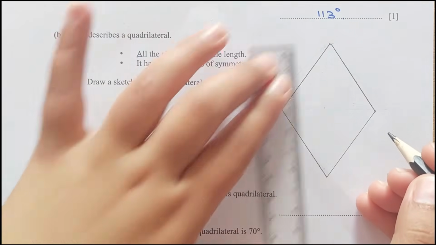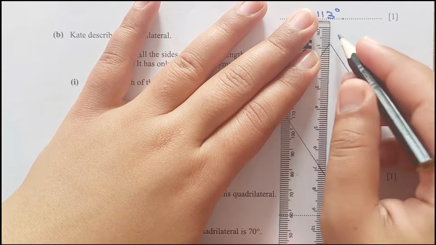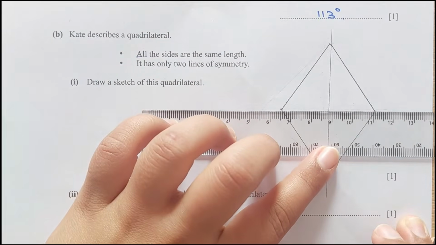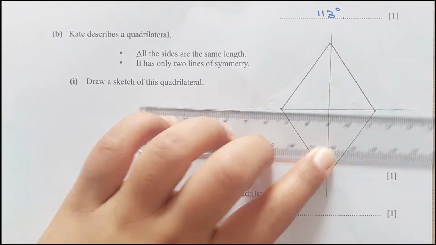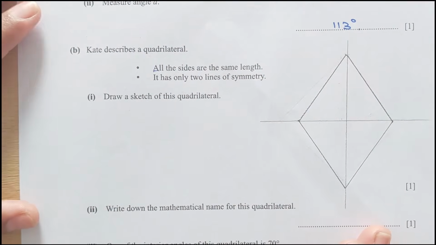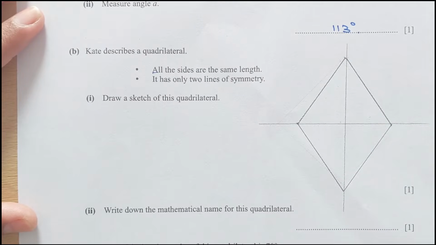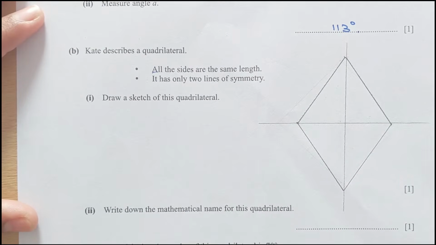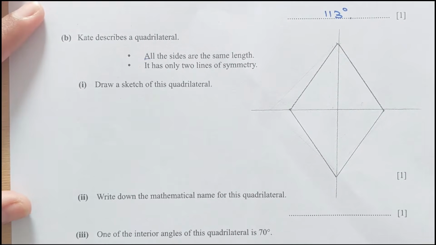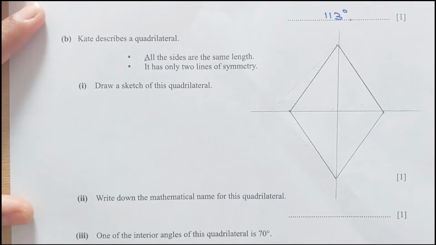This is 4, right? And it has this line of symmetry, and this is a line of symmetry. So this shape is a quadrilateral having 4 sides. All the 4 sides have the same length and 2 lines of symmetry, right? Now for the second part, write down the mathematical name for this quadrilateral. So the quadrilateral having all 4 sides the same but only 2 lines of symmetry is a rhombus,